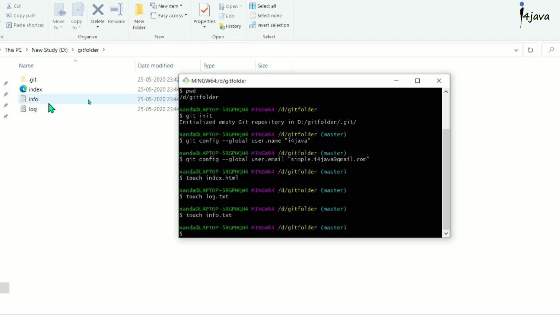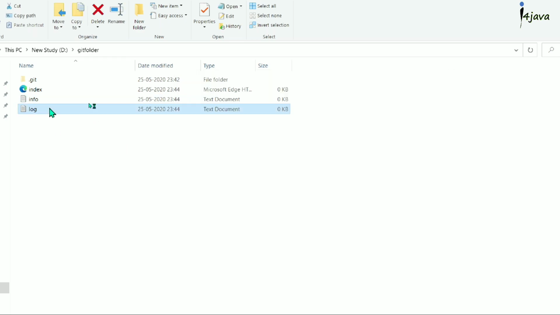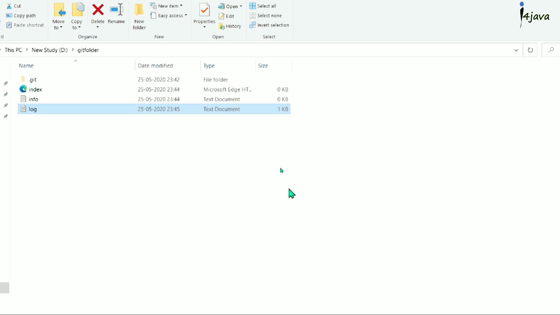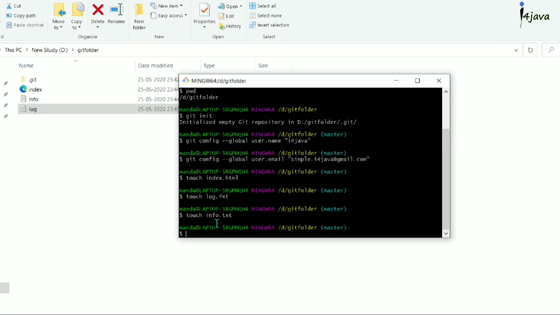Now let's open a file and add something. Hello, this is Git demo tutorial, and save it. Come to our Git Bash.